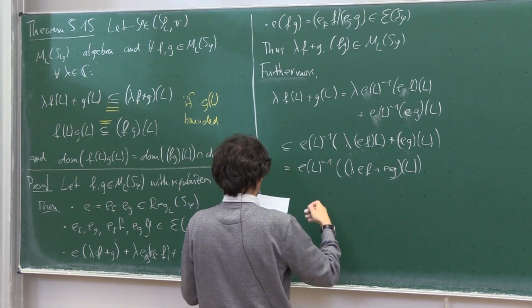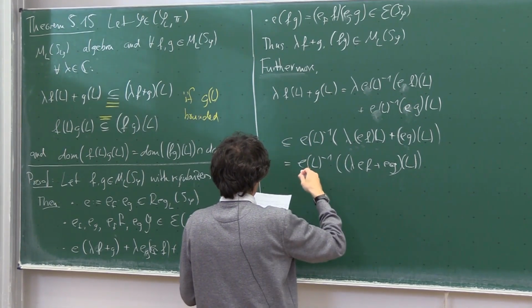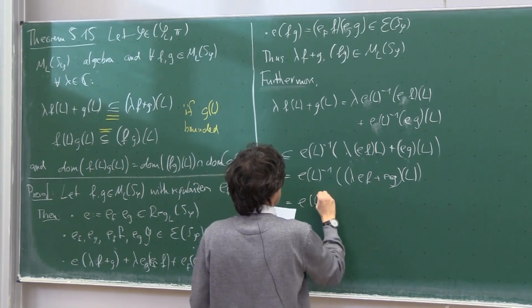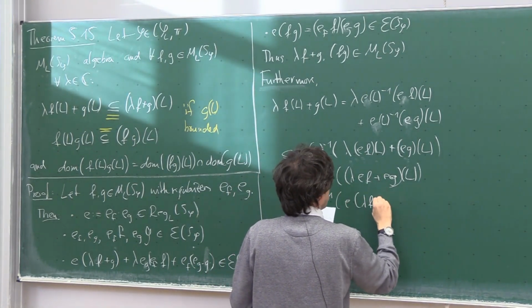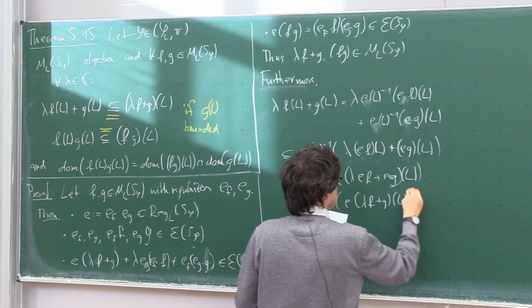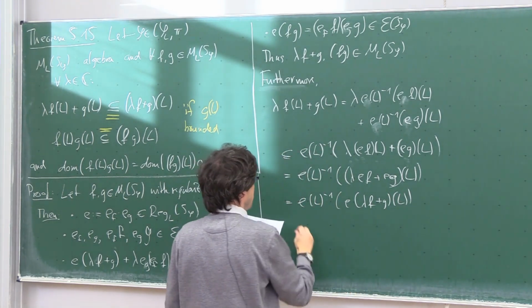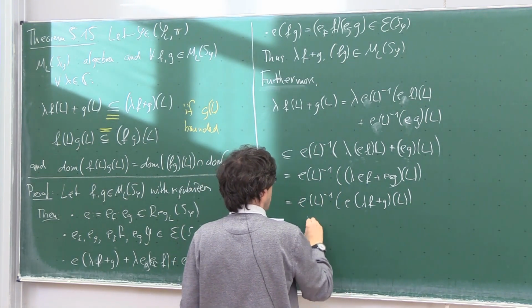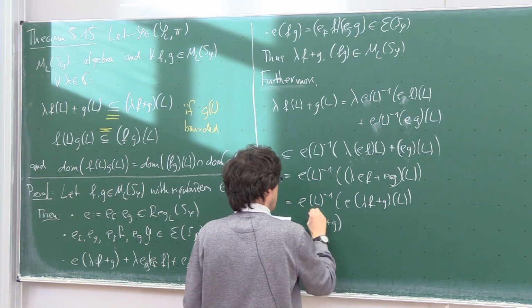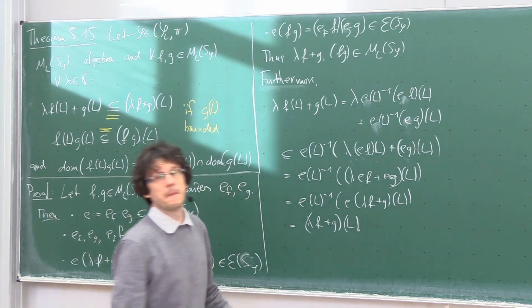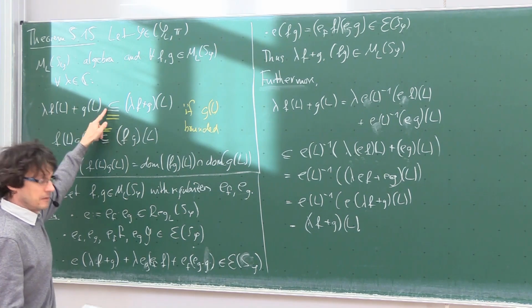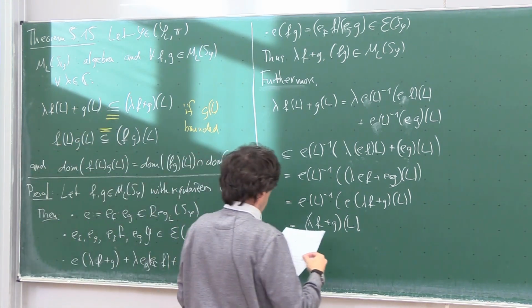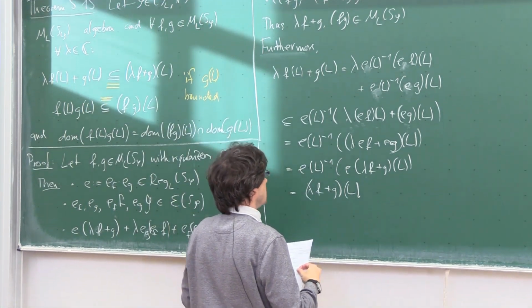And this is the same as E of L to the minus 1 E lambda F plus G of L. And what you have here, just by definition of the extended calculus, is lambda F plus G of L. So this is the first inclusion here. And the second inclusion